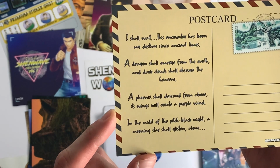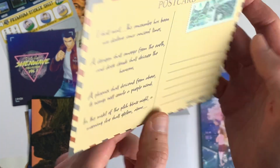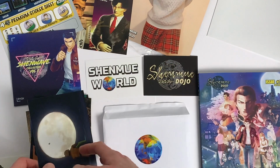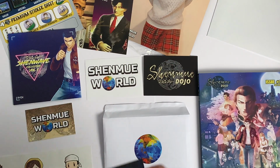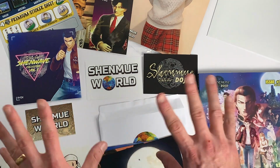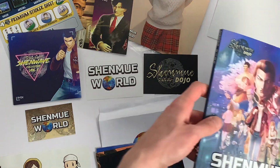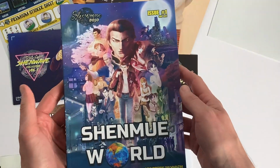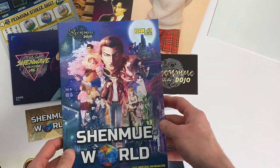"In the midst of a pitch-black night, a morning star shall glisten alone." So that's a very cool, nice, fitting sort of image for that. So those are the postcards. A lot of really nice little extras here, and that is without even attempting to go into the main bulk of what everyone backed for in